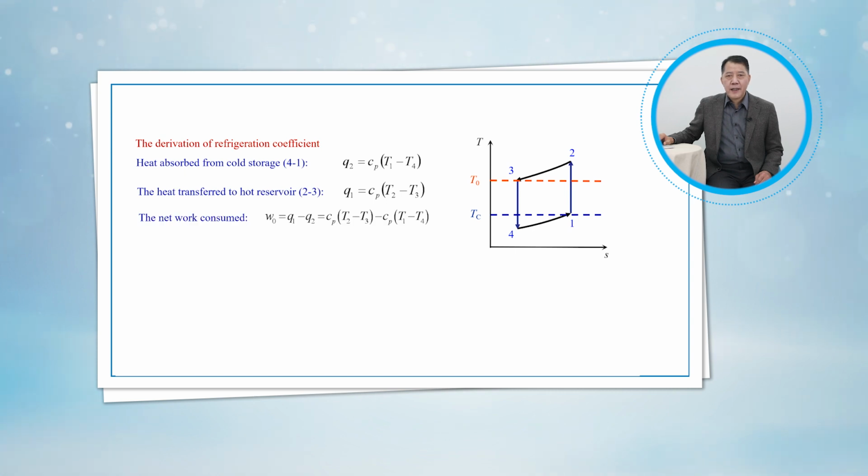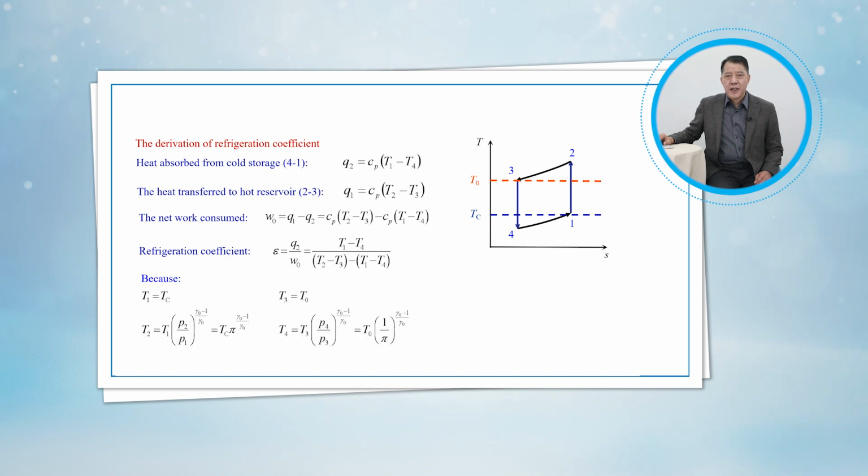The net work needed by the cycle then is. By definition, the refrigeration coefficient then is. Since the temperature for each state is,